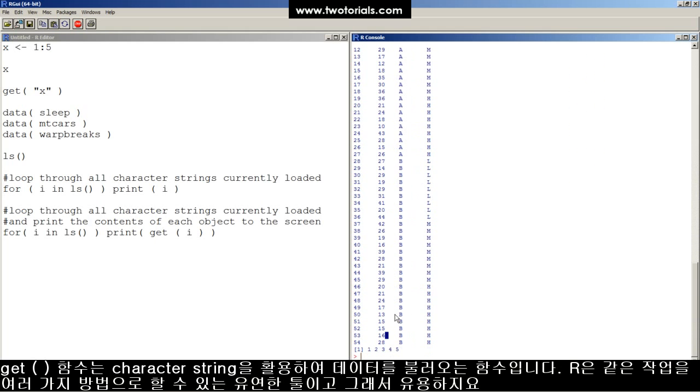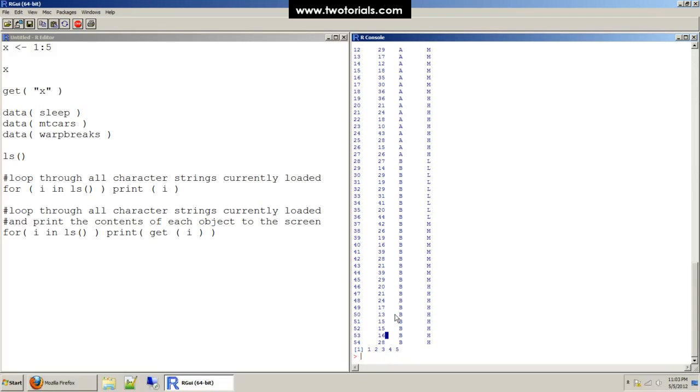The get command allows us to access objects by using a character string instead of specifying the object itself. This sort of flexibility makes R the best language ever, and this has been a work of